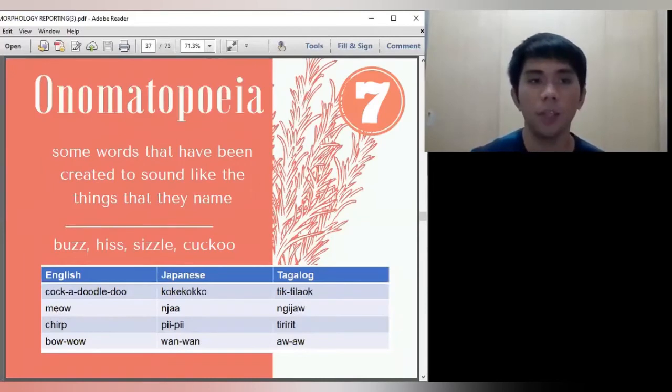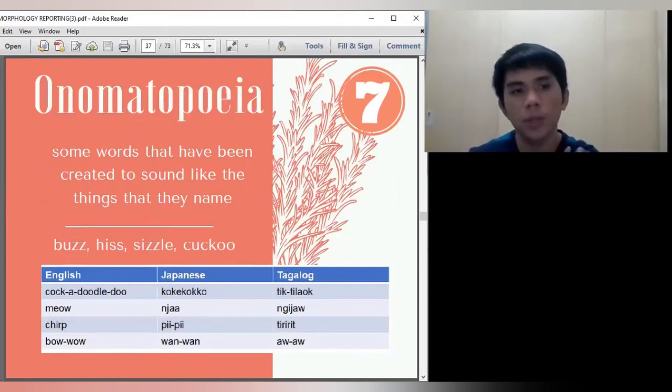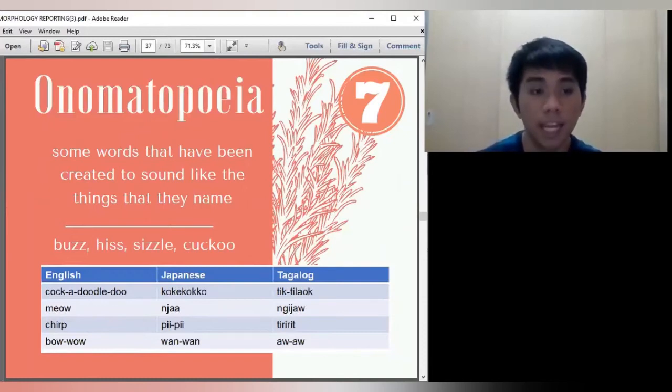So next we have the onomatopoeia. These are the words that have been created to sound like the things that they name. Like buzz, hiss, sizzle, and cuckoo. So we have here the sounds in English like